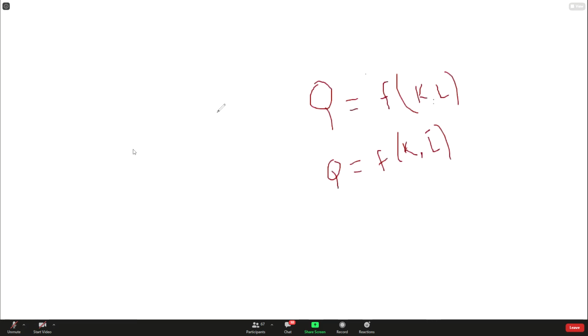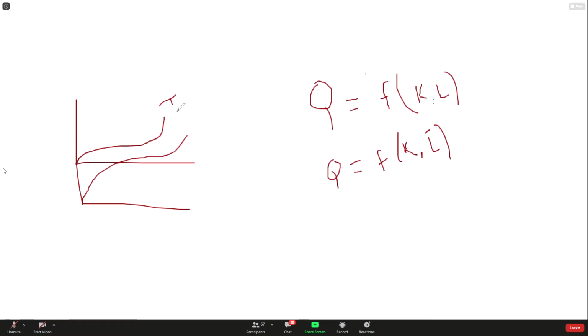Okay, so this is long run. This is short run. I hope it is clear now. So again, I am drawing the diagram. This is total fixed cost. This is total variable cost. So this is total cost. Now tell me, is it short run total cost or long run total cost? Short run total cost.